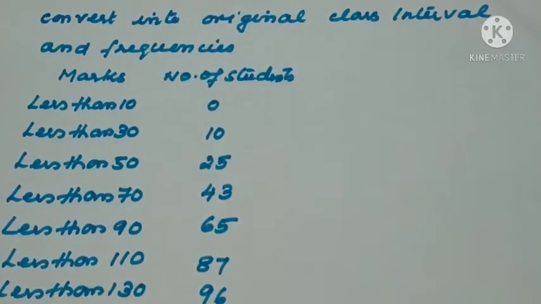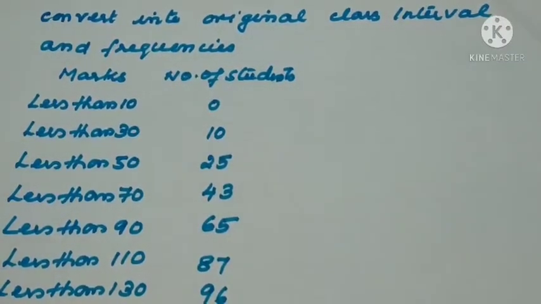Now the next important topic: they will give us the less than table and more than table, and we have to find the original class intervals and the frequencies. This type of question they will give. So we have to convert to the original frequencies and then find mean, median and mode. We have started with the mean, and we have to continue with median and mode also. But before that, I'll give two examples where you can learn how to convert to the original class interval and frequency easily. This is the basic knowledge required.